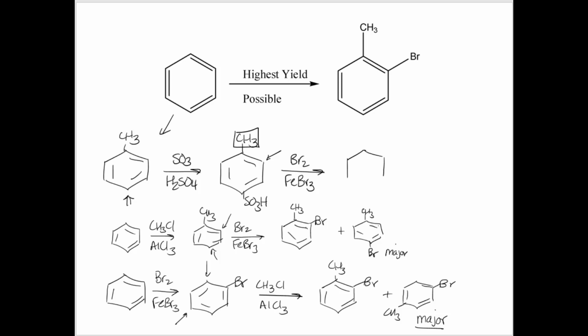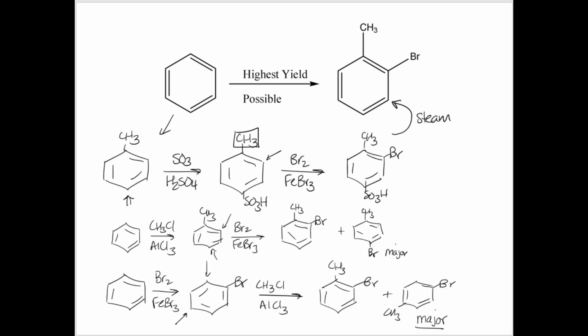And so that means that the bromine is going to end up ortho. And now, to get to the final product, I just use steam. So I use steam, I strip off the sulfonic acid group, and now I've made my ortho bromotoluene in the